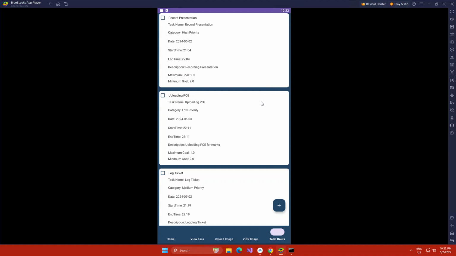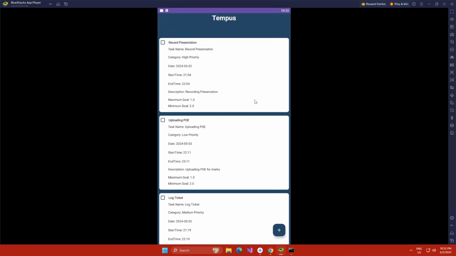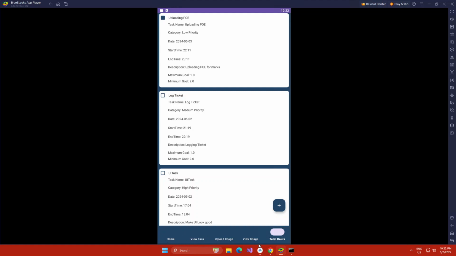And I love the user interface as well. It's very appealing and it's very simple for any user, whether they're old or they're young, or they have different backgrounds in terms of technology. And you can also tick off your stuff as well if you wanted to, and it's just a simple navigational bar at the bottom just to guide you along